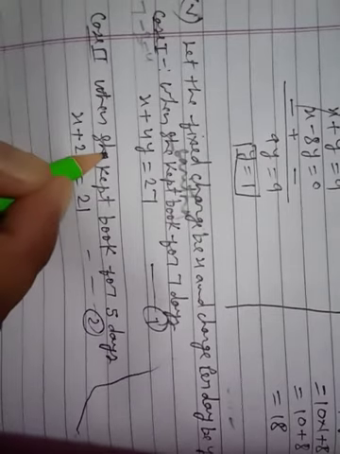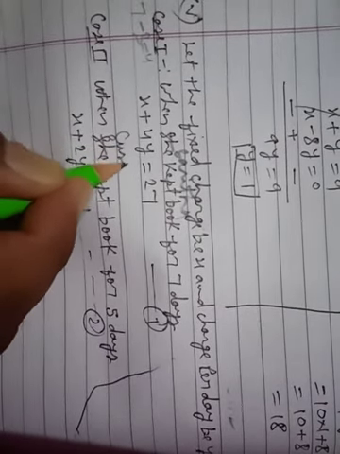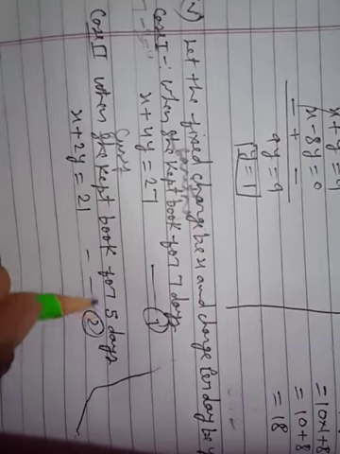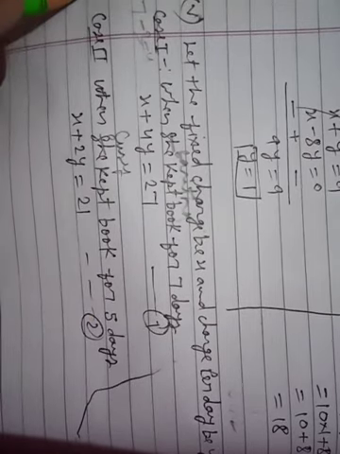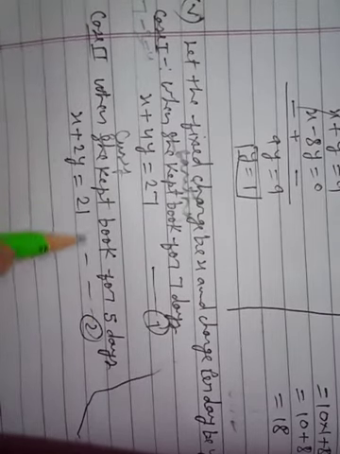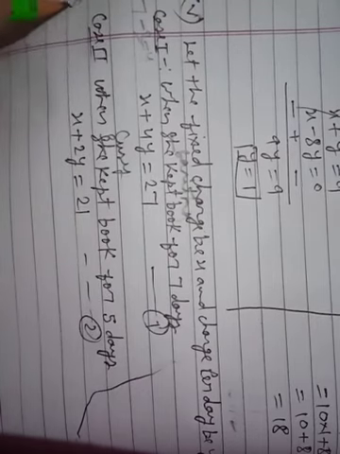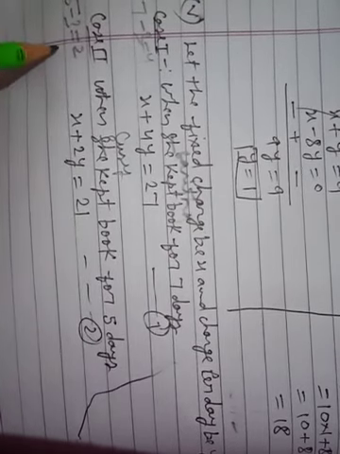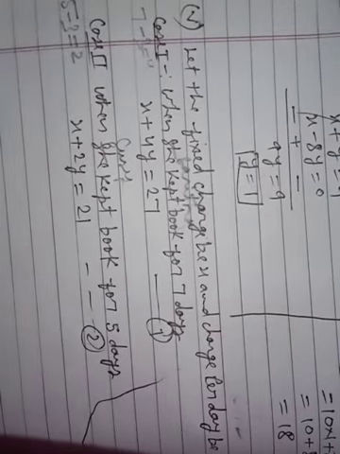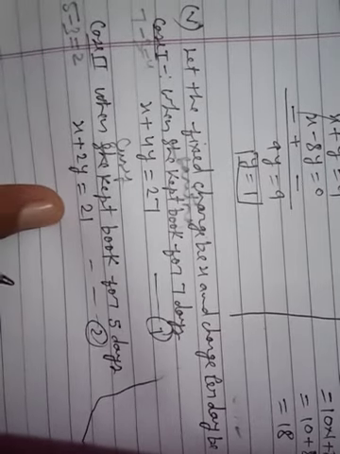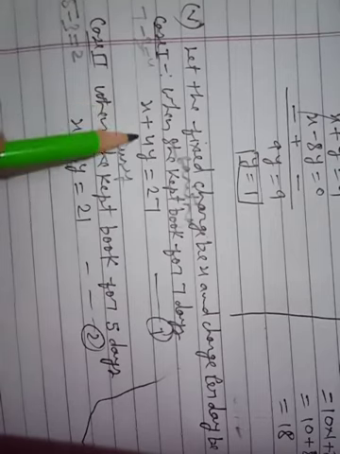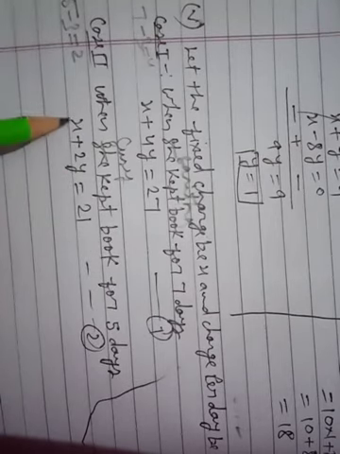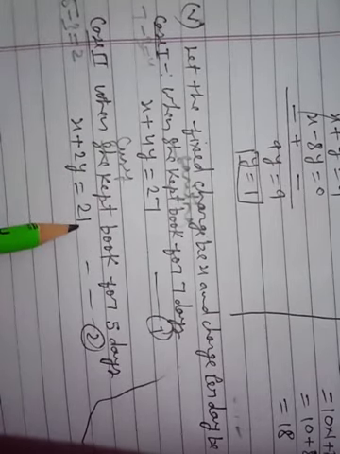And when Susie kept the book for 5 days, 3 days are fixed. Total days were 5, 5 minus 3 equal to 2. She has to pay for 2 days additional charge. So the equation becomes x plus 2y equal to 21. First is x plus 4y equal to 27 and second is x plus 2y equal to 21.